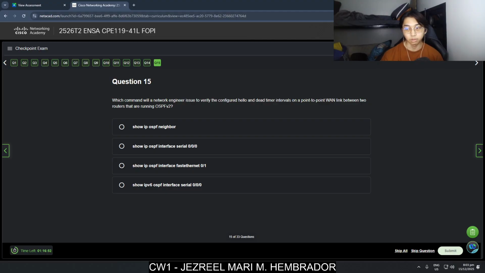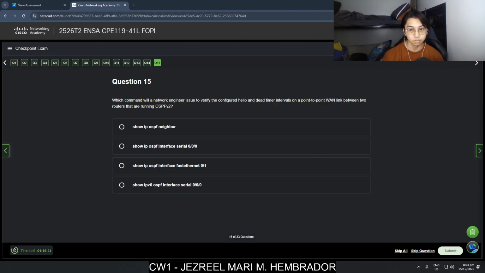Which command will a network engineer issue to verify the configured hello and dead timer intervals on a point-to-point serial link between two routers that are running OSPFv2? Show IP OSPF neighbor.